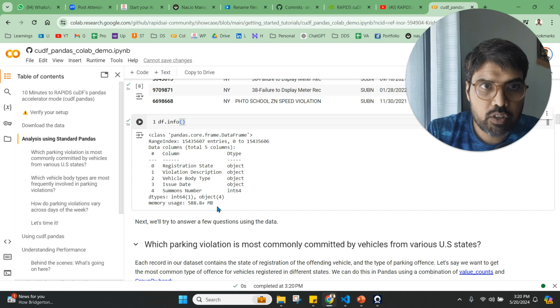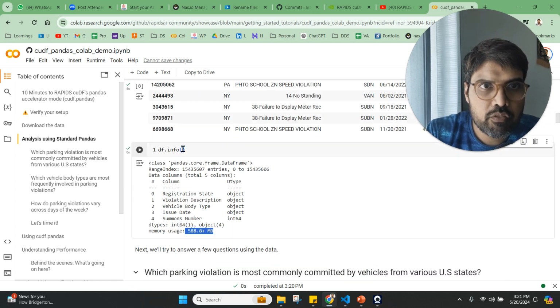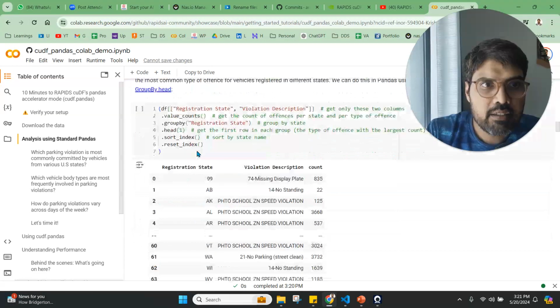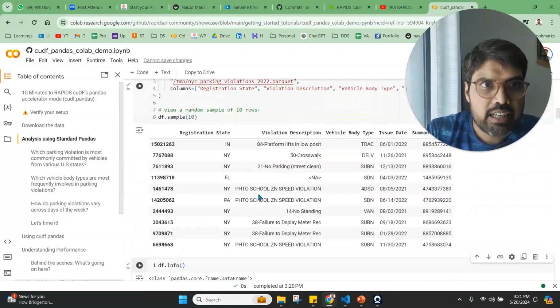This data set, if you can see, is 1.133. So it is 1.5 million rows of data. It is more than 600 MB of data. It's a big data. And then what we are doing is, at every state level,